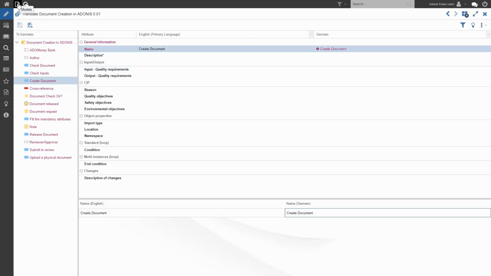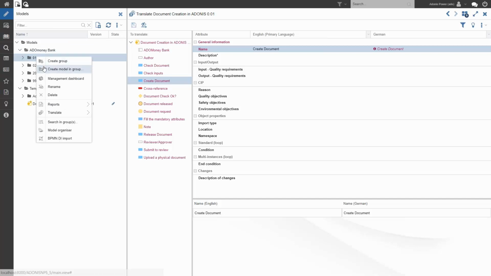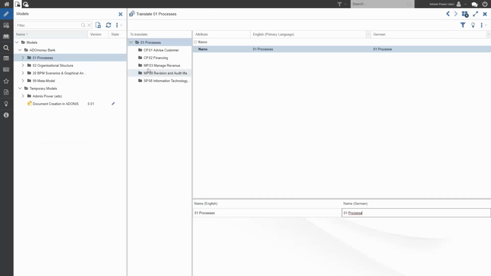It's also possible to do some translation on the model and object repository. So again, if you wanted to keep the same structure or rename it the same structure that you have, you can select a single group in the model or object repository and just say you want to translate groups.